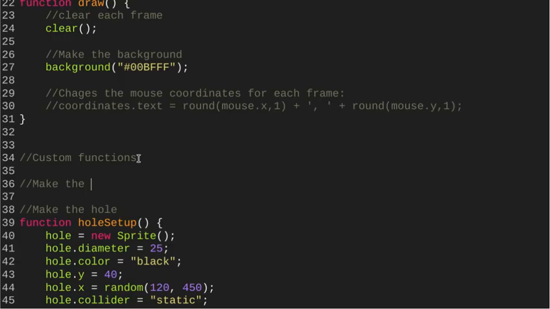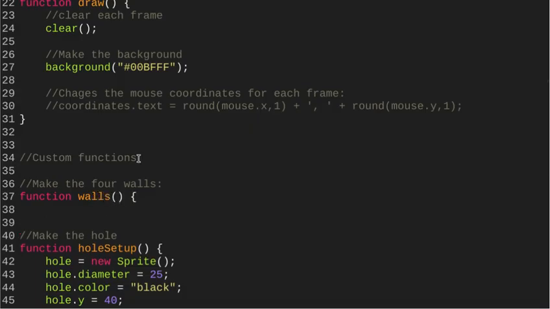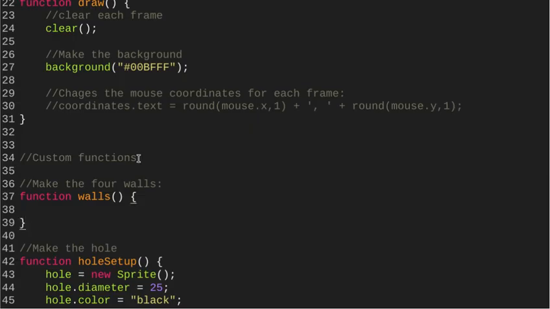So make the function for walls. And this, of course, will be a function, if I can spell it right, F-U-N-C-T-I-O-N space. And, well, we'll just call this walls, like this. And it's going to be very close to the names I'm going to be using for the walls, which I'll show here in a second. But first,